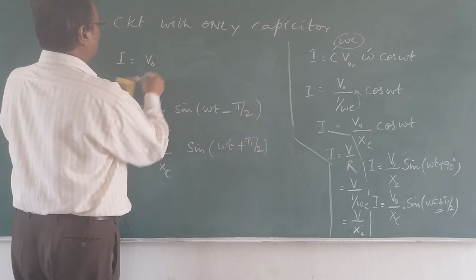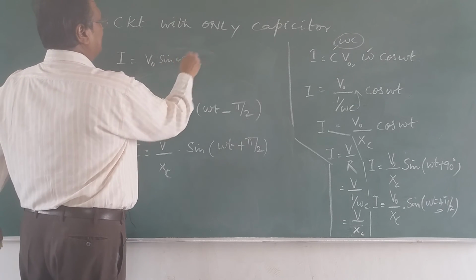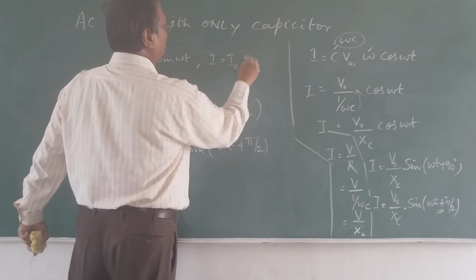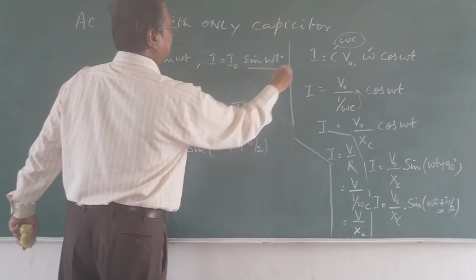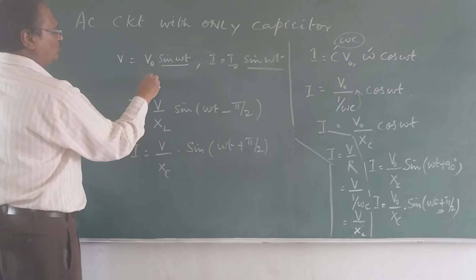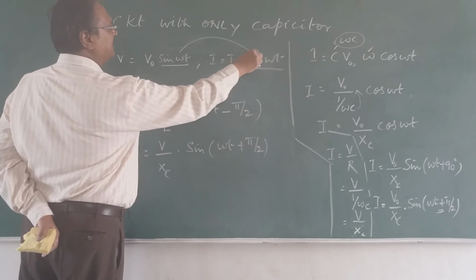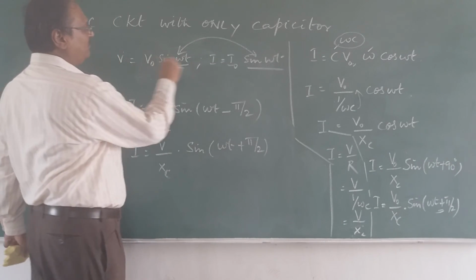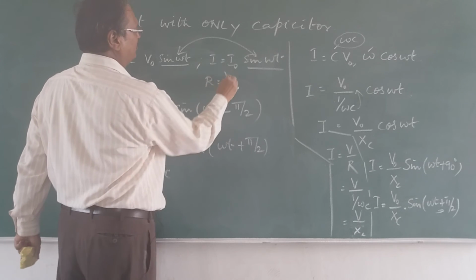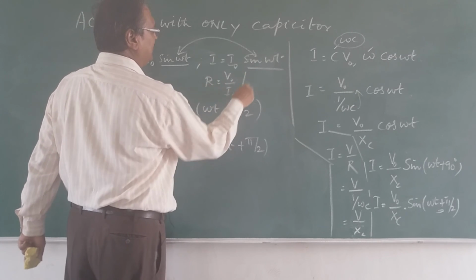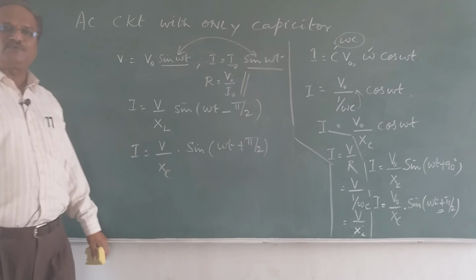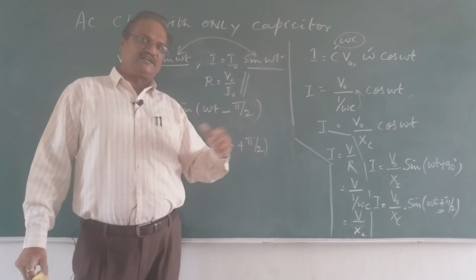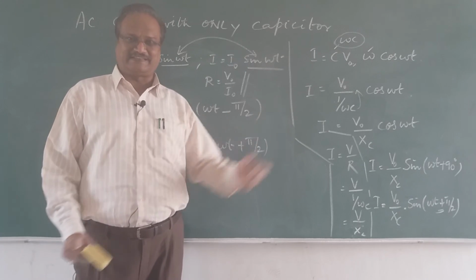V is equal to V naught sin omega t, and I is equal to I naught sin omega t. See, both of them are sin omega t, so we can say that they move in the same phase, there is no change, and V naught by I naught will become a constant. V naught upon I naught is a constant, and this is called resistance. Now in the next video we will study the phasor diagram, and we will learn directly about the LCR circuit.